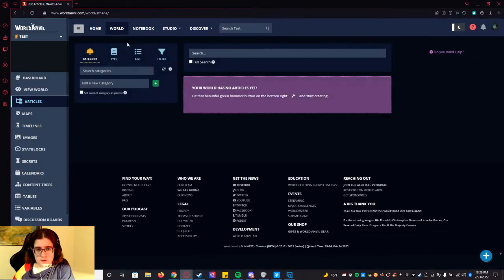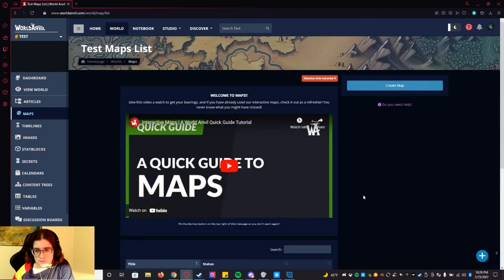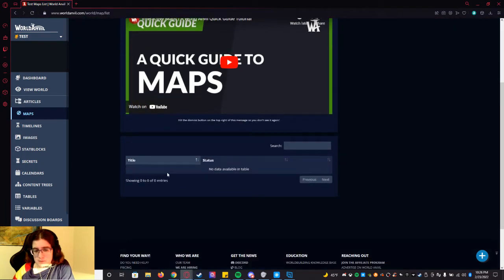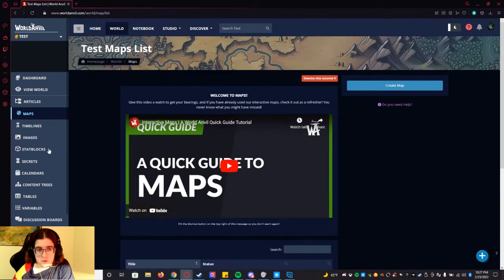it will bring you to this. This is where all of your articles will be listed. You can make categories and so forth. We're not going to go really deep into all of this. Then there's maps, so you can make maps. You just hit create map, and you can create a whole map. There's timelines you can make,